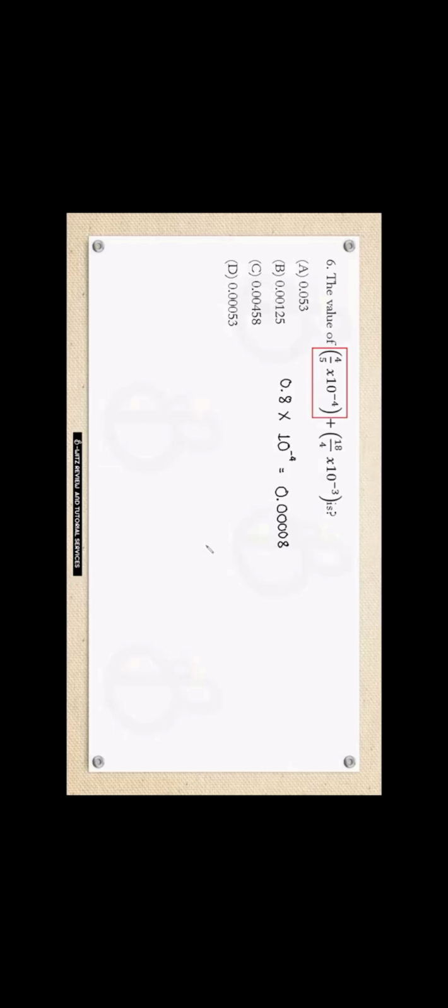Okay. Now here you see that the exponent for 10 is equal to negative 4, meaning that if this is our decimal point here, we need to move 4 units to the left. That's why if you have this decimal point here, counting 4 units to the left will give us 1, 2, 3, 4. Finally, our decimal point will be here, giving us the final answer for the first term, which is 0.00008. Now, let's calculate the second term.